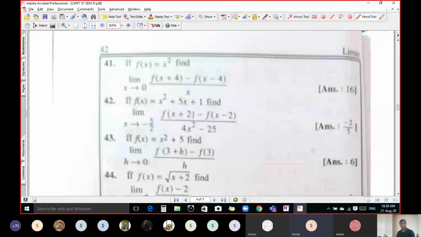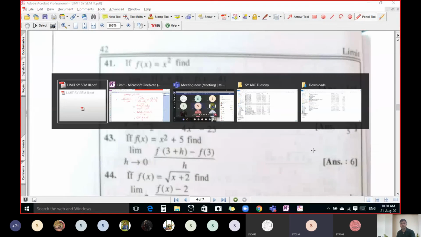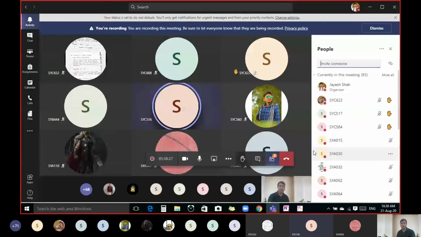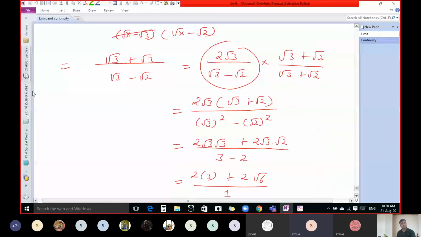Hello, sir. बोलो. Hello. हाँ बोलो. हाँ, sir. So there is no necessity to do further steps, sir. Right? 100% yes. No need to do any further step after this in exam. तो अभी क्यों किया हमने वो बता दो. To match the answer, book से match करने के लिए. करेक्ट, वेरीफाई करने के लिए, बस और कुछ नहीं किया है.